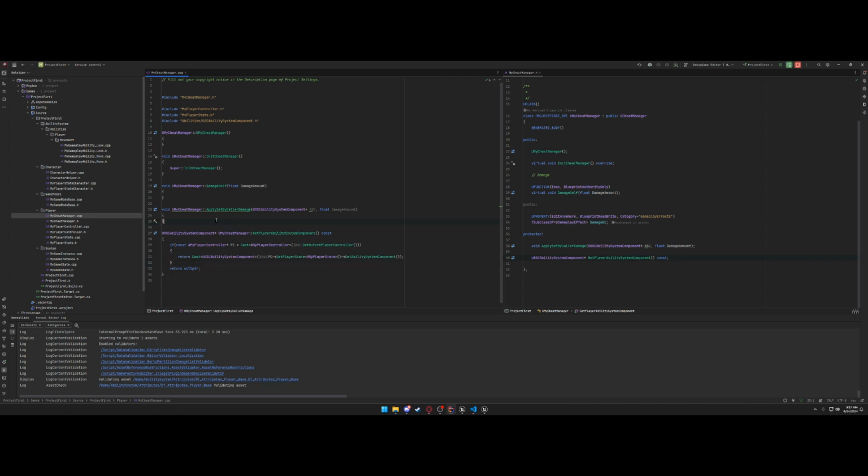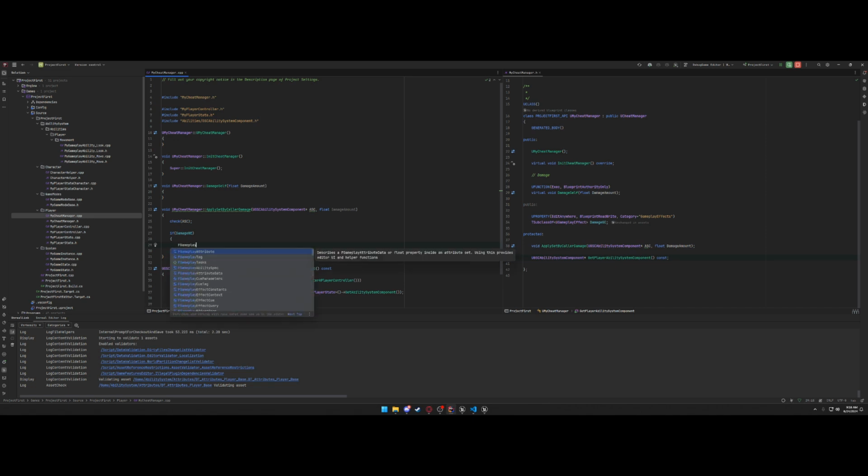That's it for that. And now, so we're gonna go from down up because this is the last function we're gonna call, but we need these two functions to make this one work. So we're going to do apply set by caller damage. Okay. So we're going to check if ASC is valid, right? So that's a macro for that. And if damage GE, so if we have set our blueprint for damage GE, which we will do when we implement this in the blueprint,